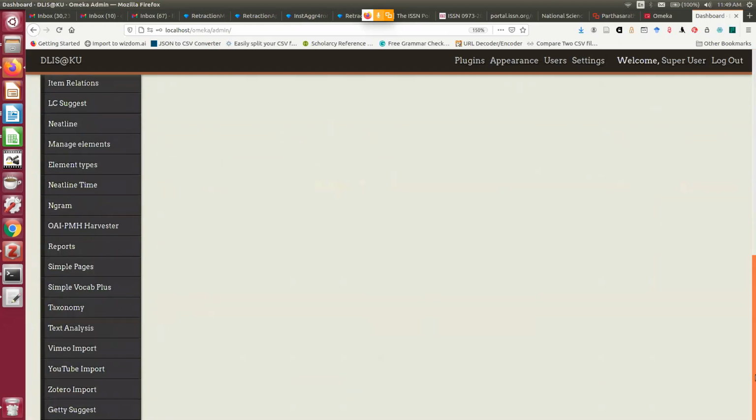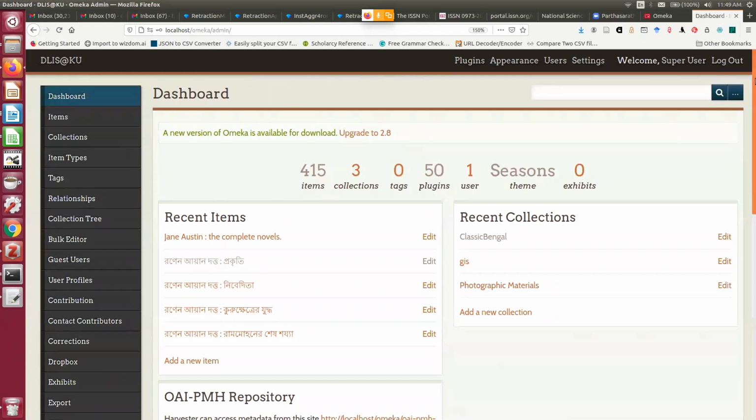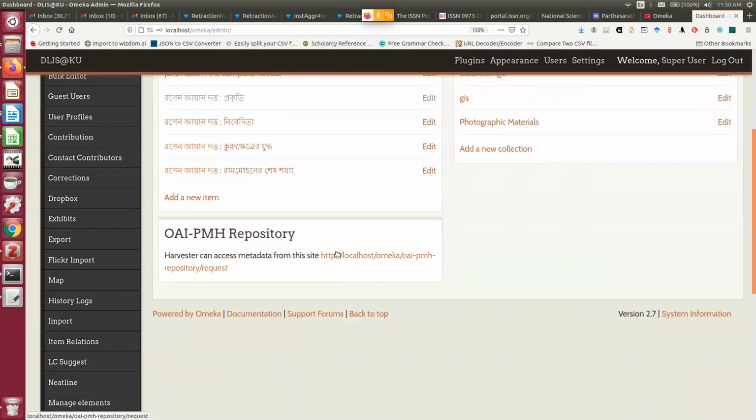For example, you can see what we are doing by the application of a plugin. Say, for example, I am searching in Bengali.